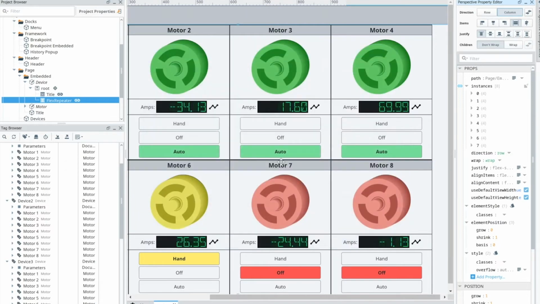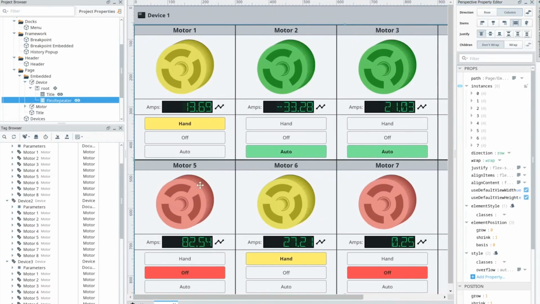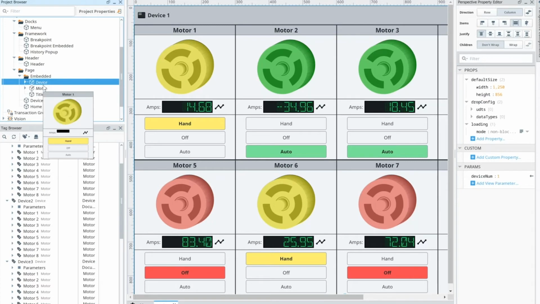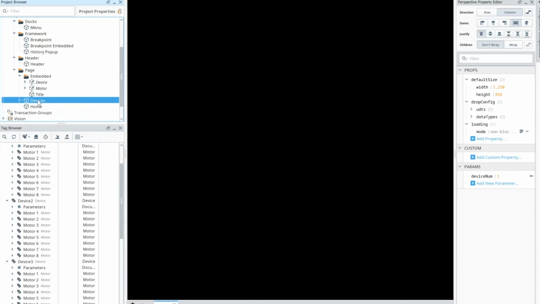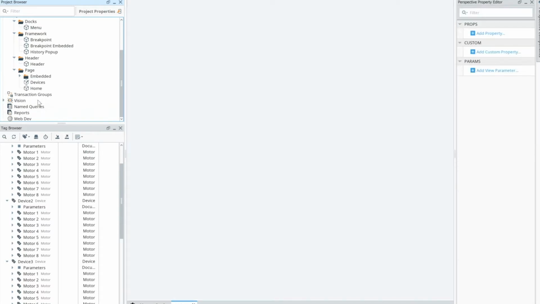We've got this now, but this device here, I'm showing it all with device 1, but I don't want this page just to be for device 1, and I have to create a separate view for device 2 and a separate view for device 3. I want this to all be dynamic once again. So that's just my device parameterized view. I am now creating another view called devices. And devices, all it includes in it